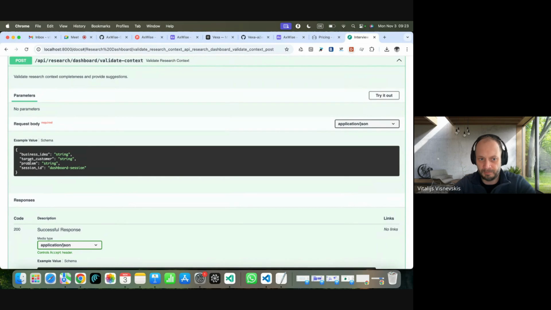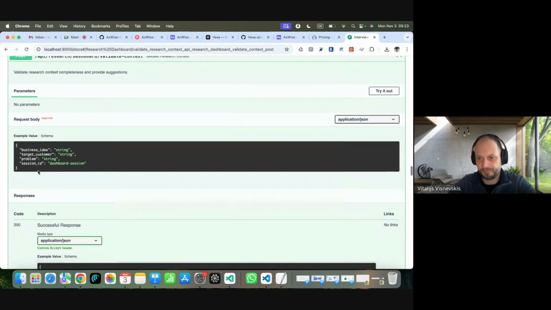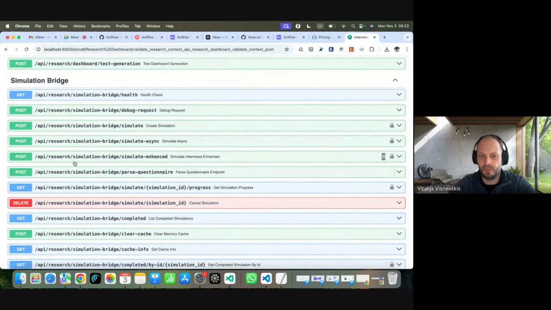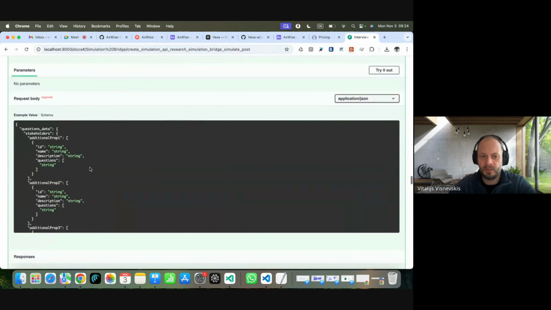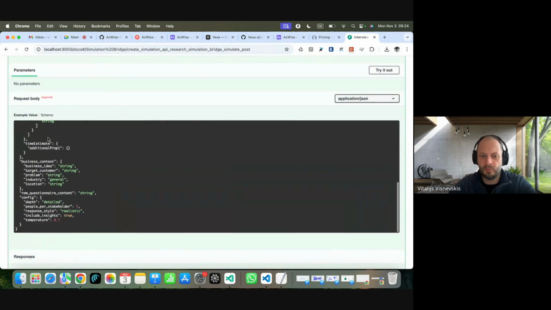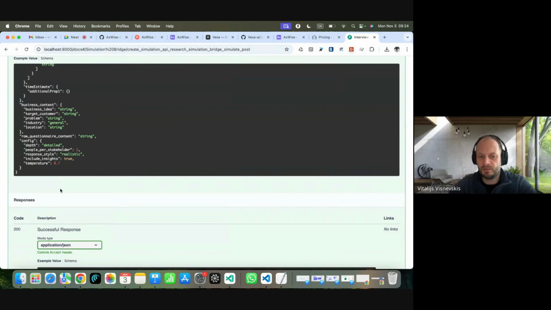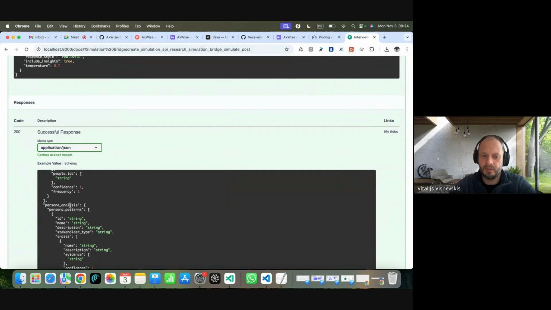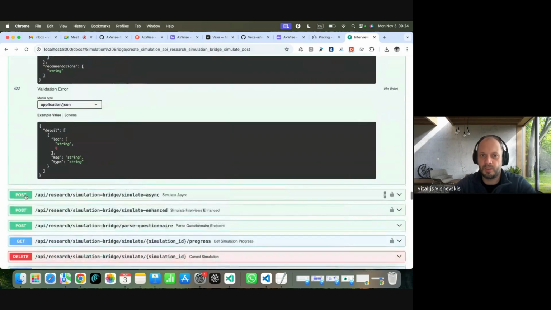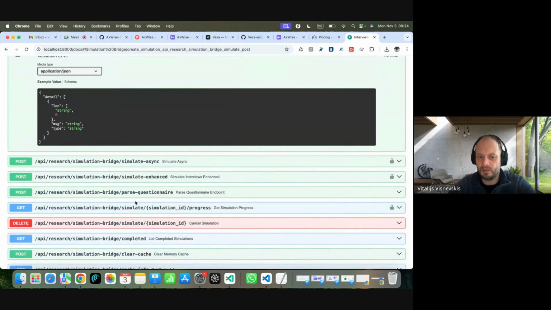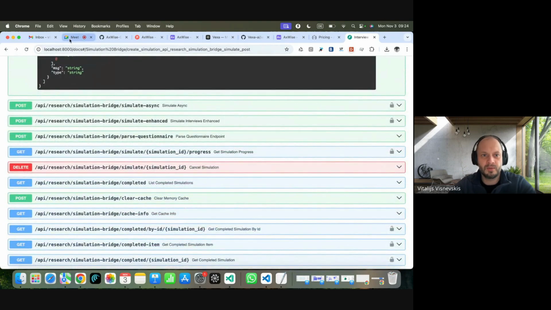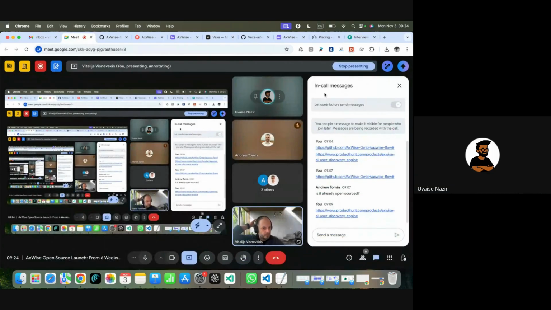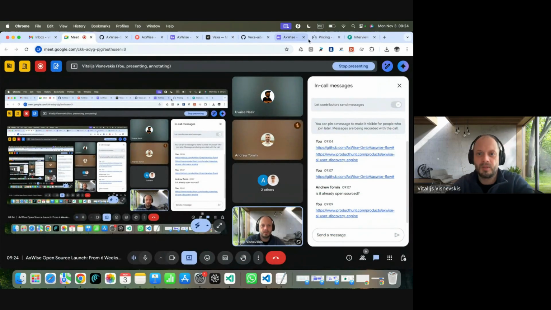So business idea, target customer problem, and session ID. If you have this, you're right. For the simulation, the same, but it has a little bit more properties. So you can make it even structured in terms of inputs and outputs. Is that what you were asking? Yes, got it. Okay.